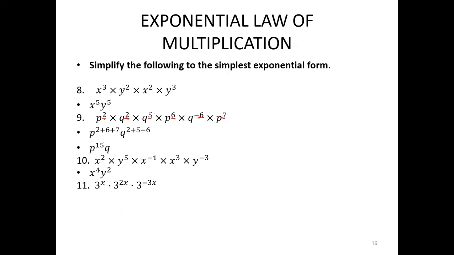Just because they're x's, just leave them behind and add or subtract the coefficients, okay? Just like that, you leave the x's behind in the past, okay? You just add the coefficients. So we'll have 1 plus 2 minus 3, it gives you 0, all right? So we'll end up having 3 to the exponent of 0x, and 0x is the